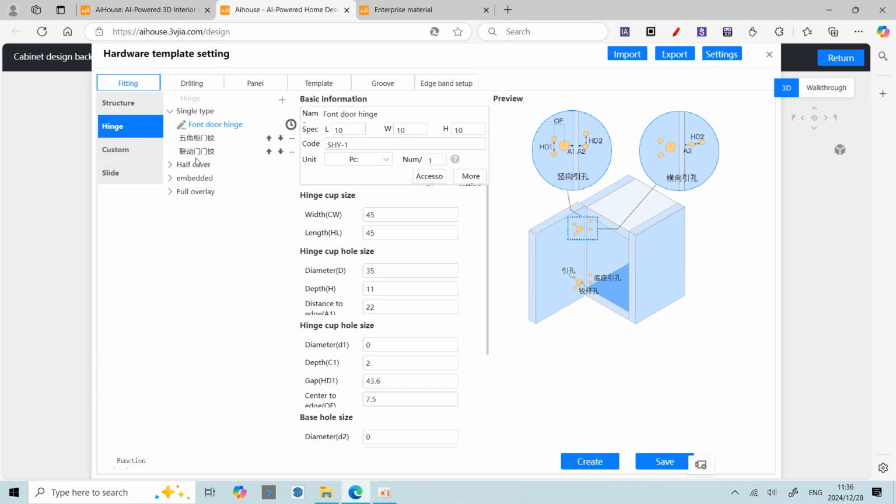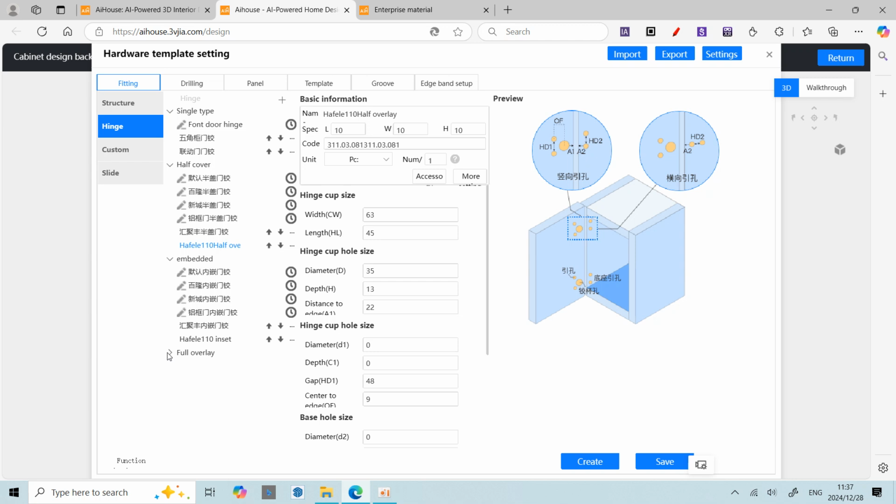So these three are the same type. These three hinges are half overlay, full overlay, and inset. This means that this hinge system will automatically switch according to your door. If your door is a full overlay, the system will apply the full overlay for you, so you don't need to worry. So for the hinge, you can see this half overlay, so you add your own hinge. I also take the half